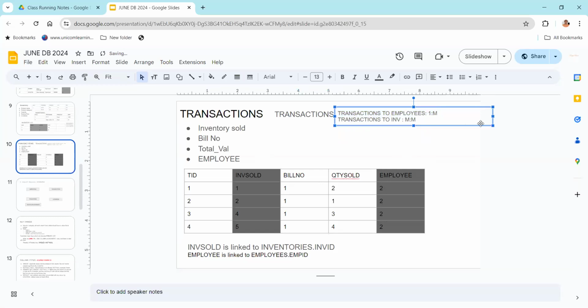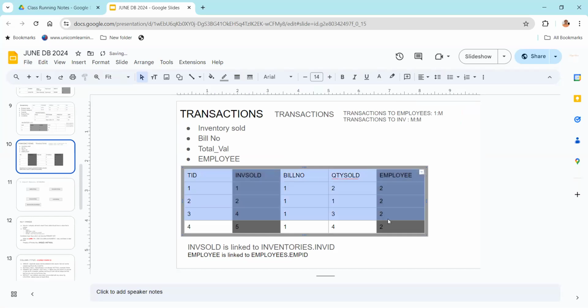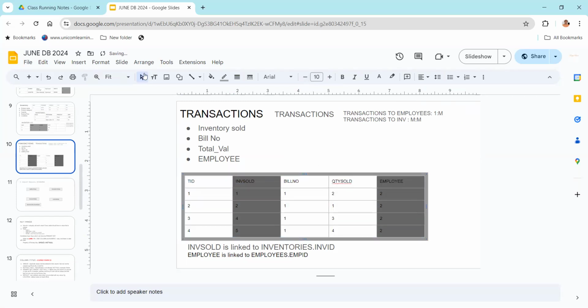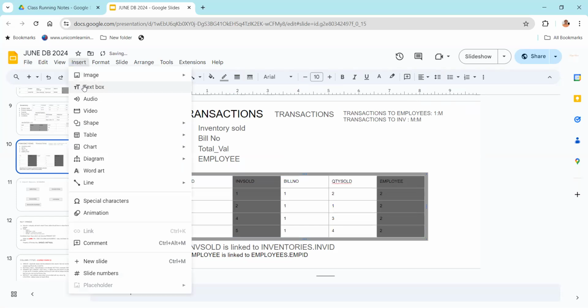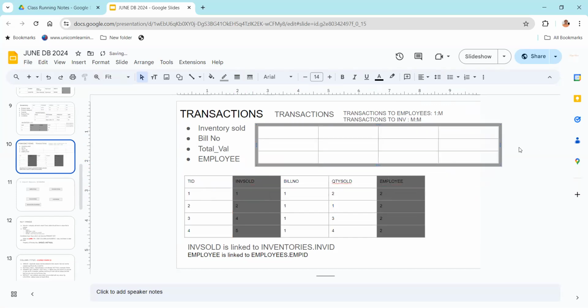So it also depends upon how complex your data representation is, right? If the data representation is simple, I'm not creating a new table. But if the data representation is not complex, then you can put them in the same table. But if the data representation is complex, then I can create one more table here. And I will call this bills. And I will have bill ID,